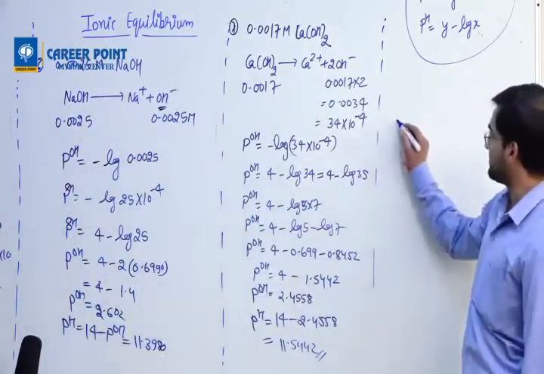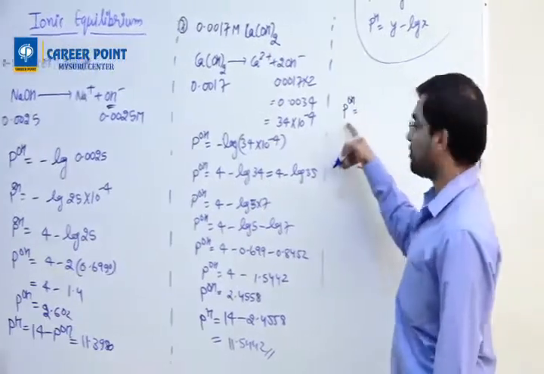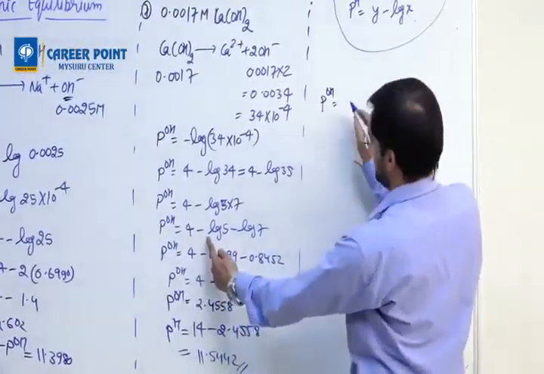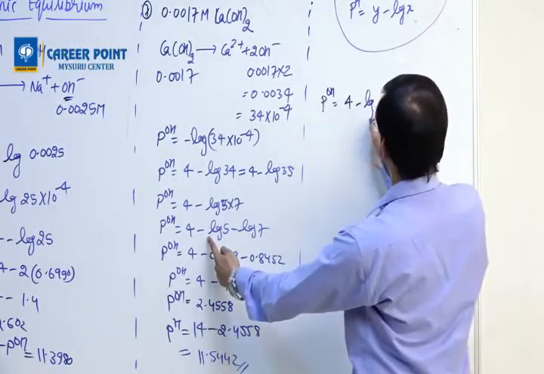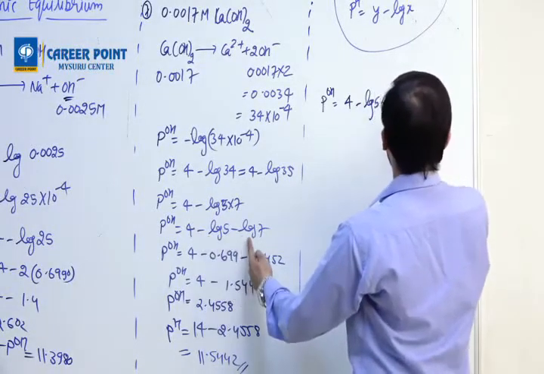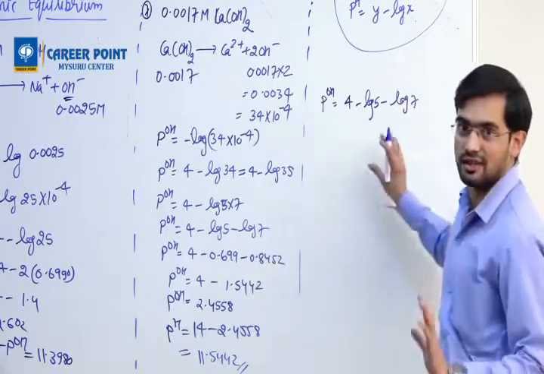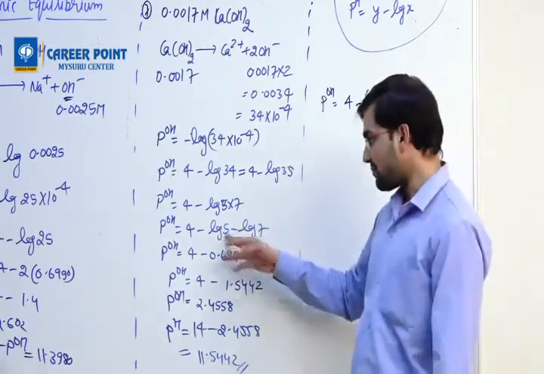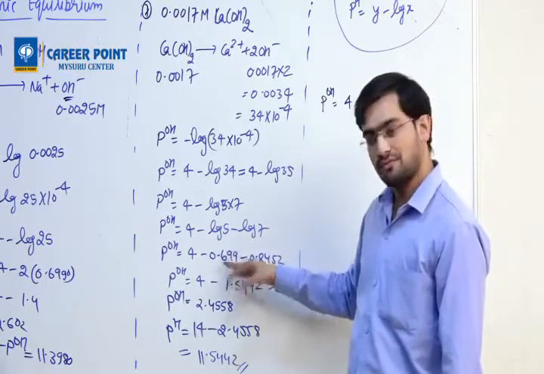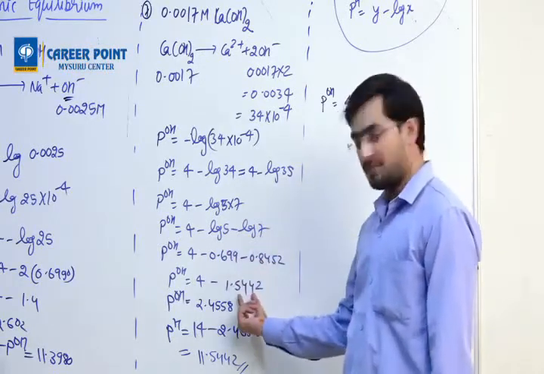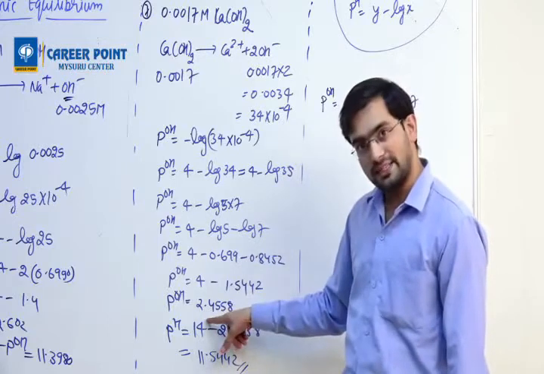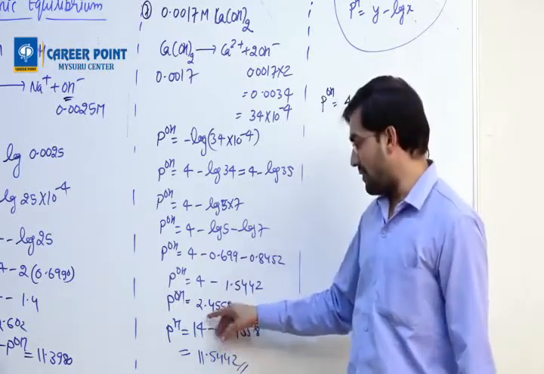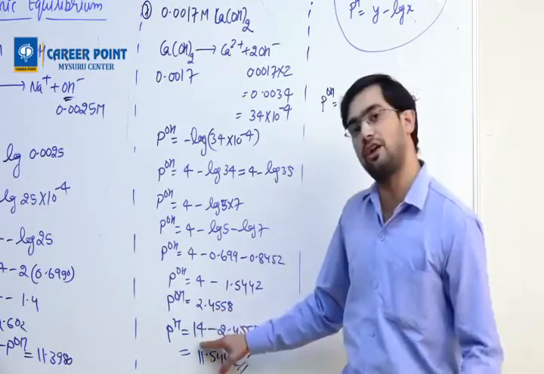What happens is, I wanted to calculate pOH. So I have taken a pOH from here. Okay, you see, 4 minus log 5 minus log 7 I have done. Right? What I have done after this is, you see the steps. I have replaced their values. I have added them. Then I have subtracted them. But my job was to find pH. Whatever value I have gotten, I have subtracted it from 14.